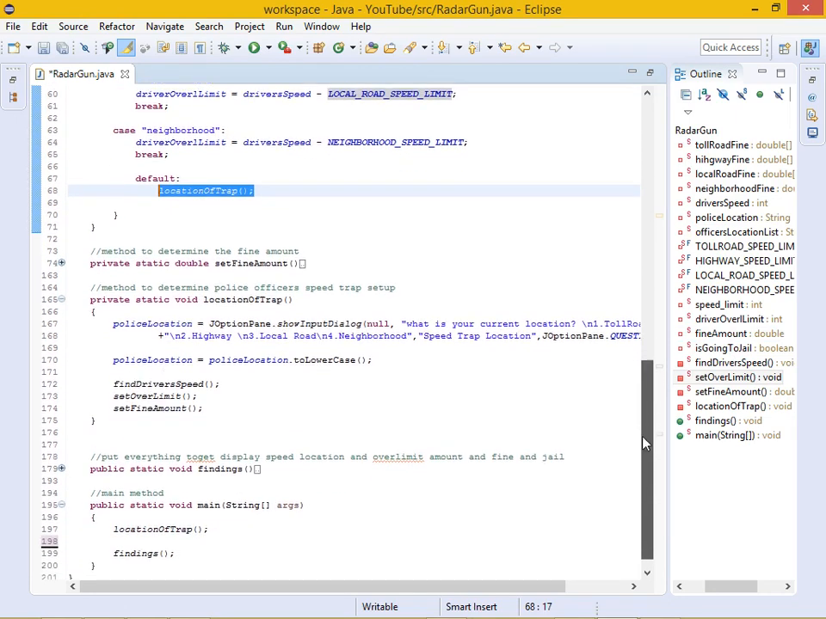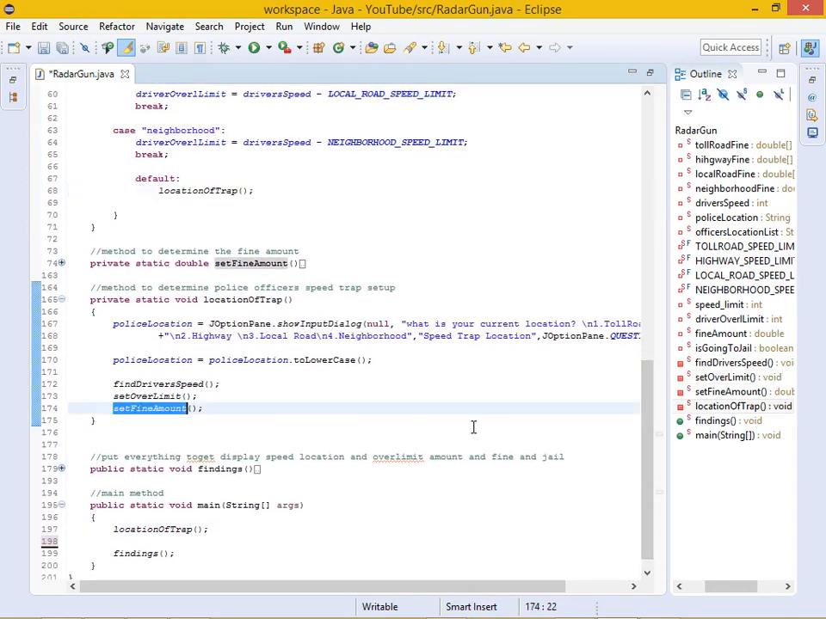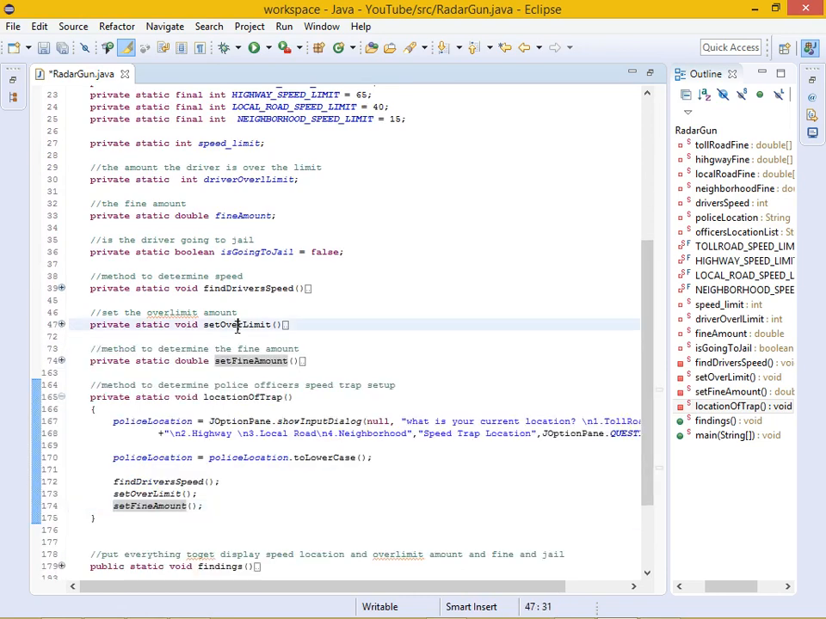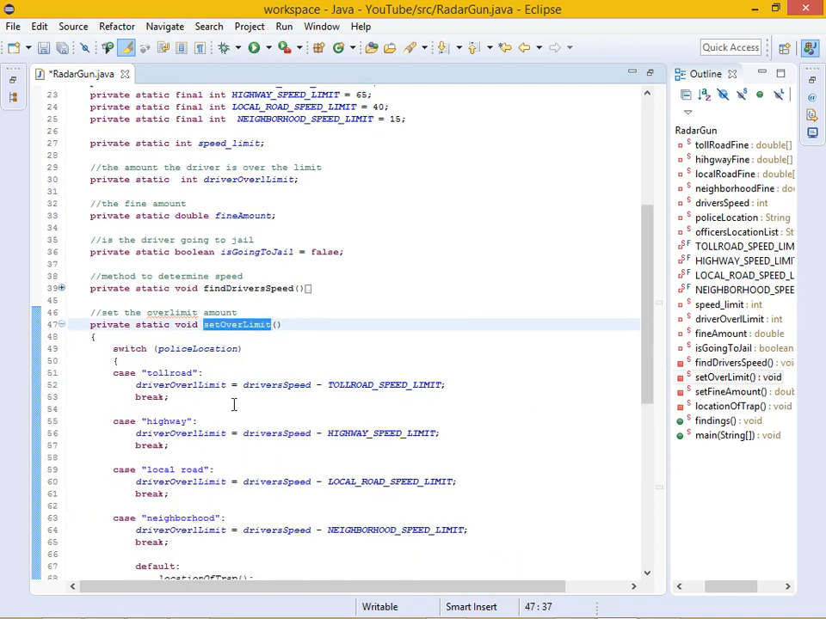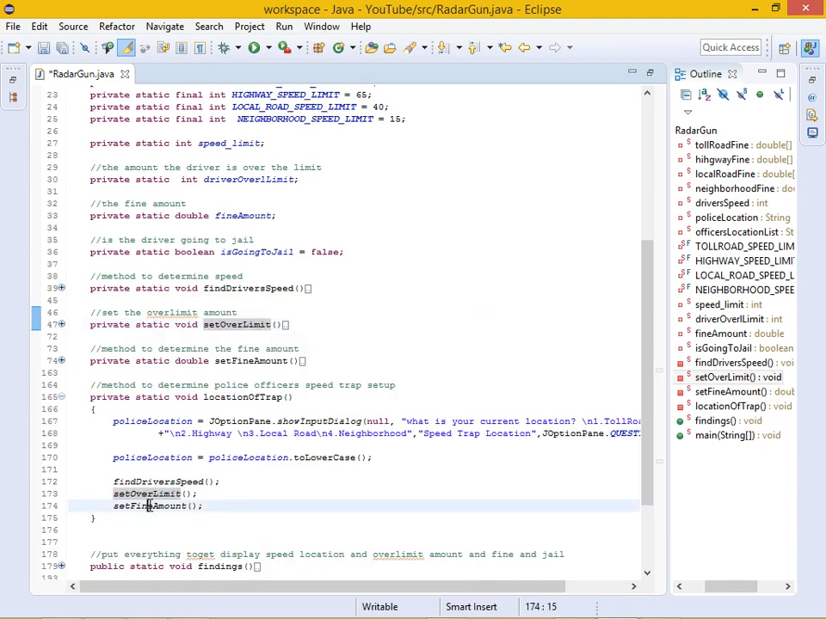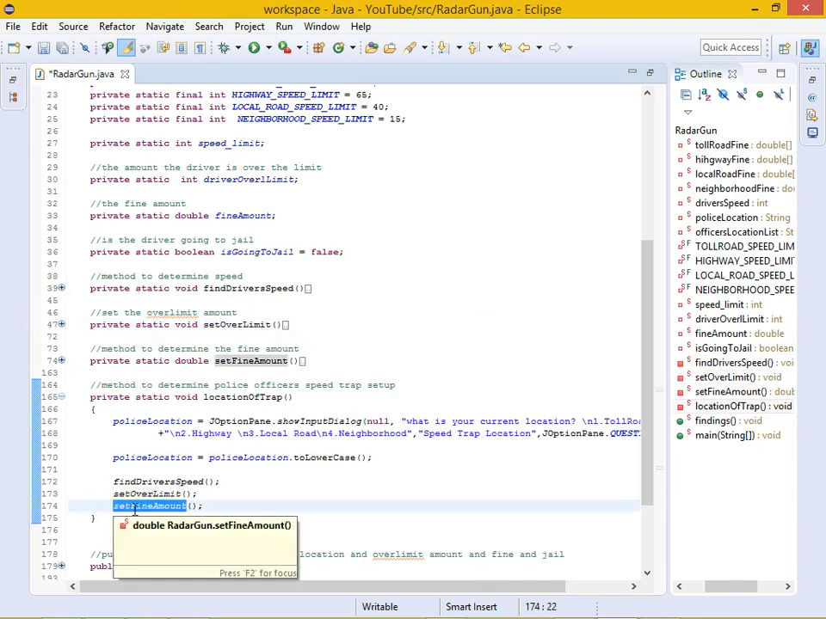Okay, so once that's done, it's time to set the fine amount, because now we have the driver's location, we have how much they're going over the speed limit, and we have their speed. So what we're going to do is set fines. Let me shut this down right here and come up to the set fines method, expand that. Oh sorry, I did the wrong one. Where's my set fines method? Let me highlight this, and you'll notice when I double click this, it highlights everywhere it's located in my code, so it makes it easy to find. So I'm going to expand this,